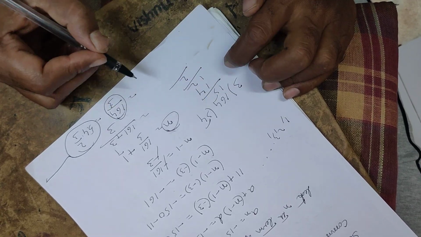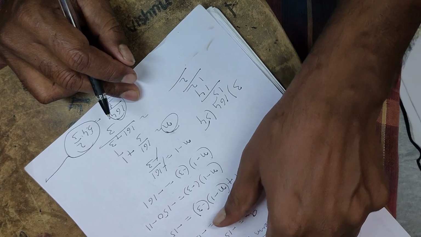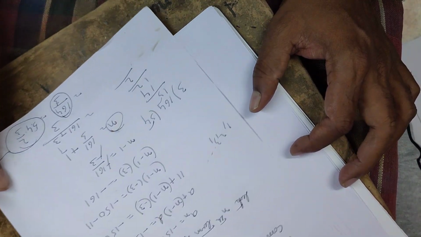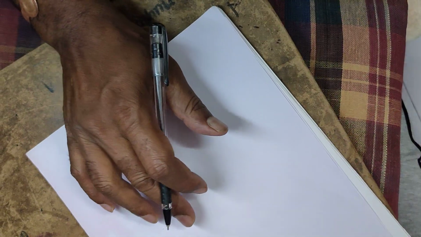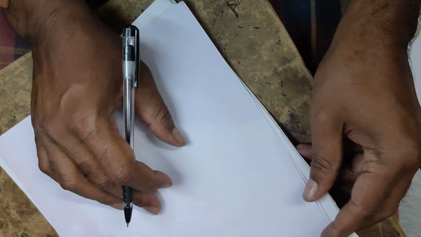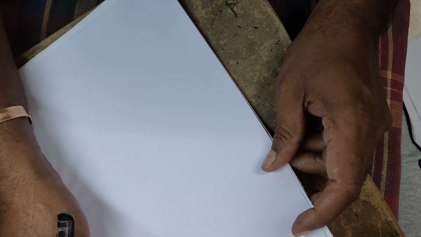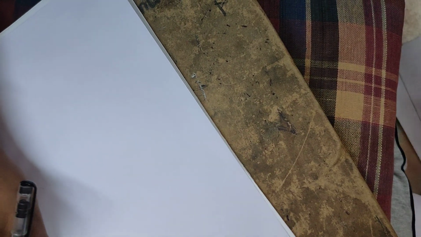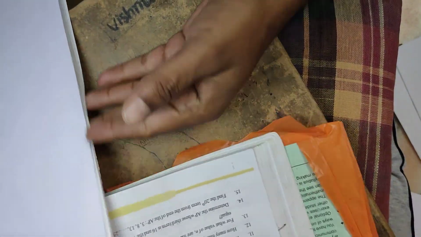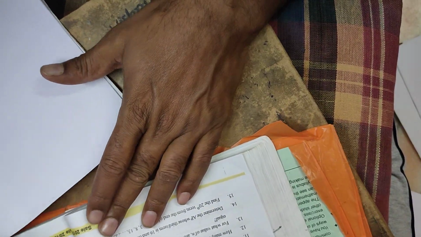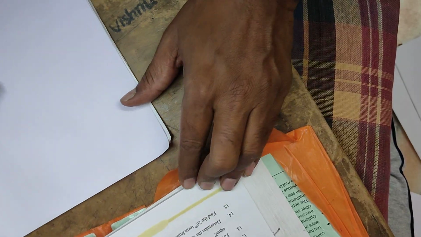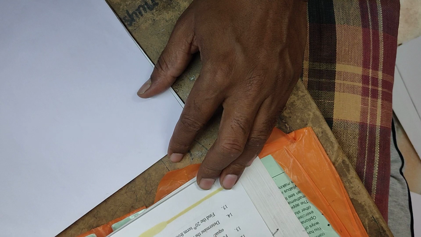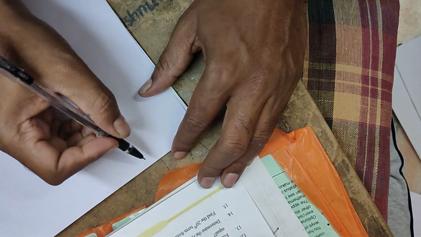At last you have to write the answer as minus 150 is not a term in this progression. You have to write the answer like that. Okay. Now we will go to the next problem. So these problems are very important for your annual examination. I can't say all the problems. Okay, you have to do them as homework only. Which one? So we'll see the 7th question.